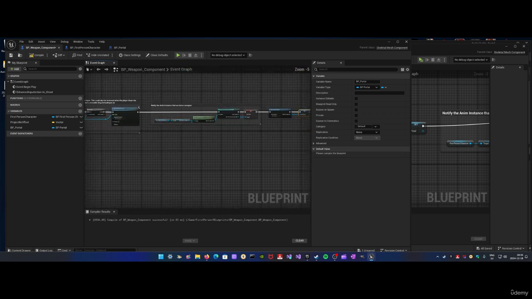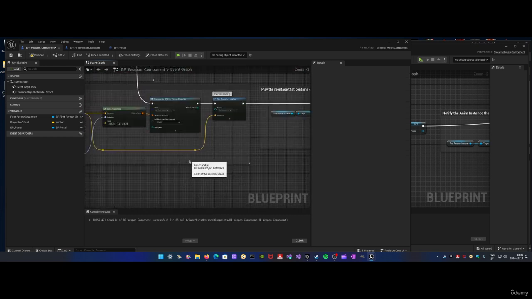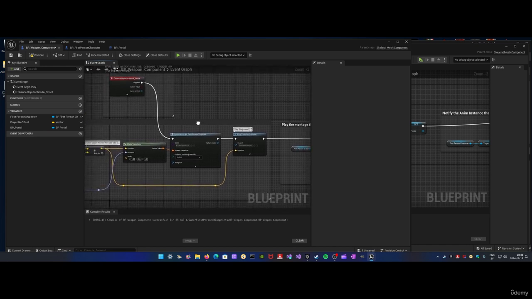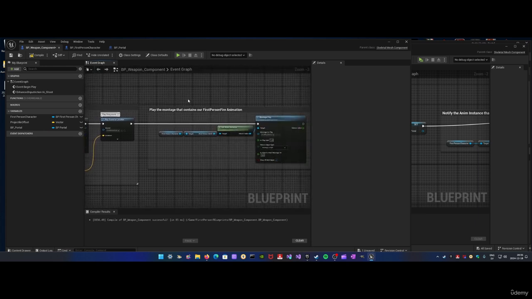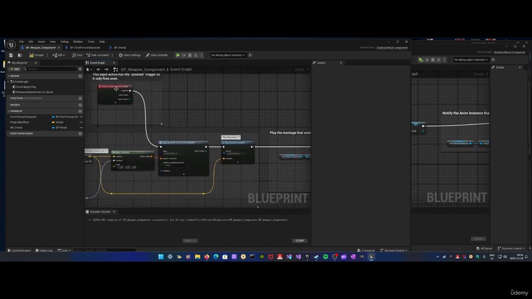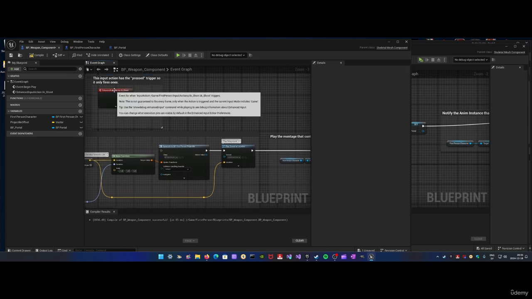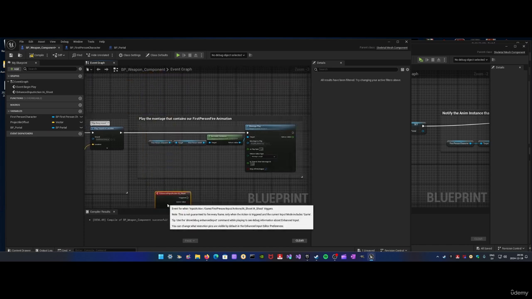Alright, so if you go further down, you can see that there is some implemented logic here. This is really for spawning the first person projectile. I'm not really gonna use that projectile because I feel like we don't need to. So I'm gonna just alt click this to disconnect, and I'm gonna drag this down here